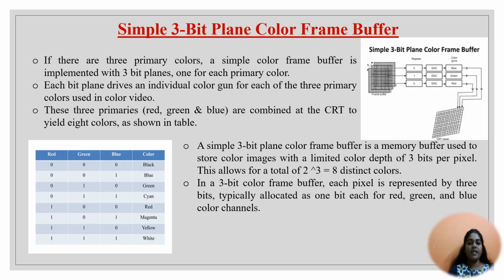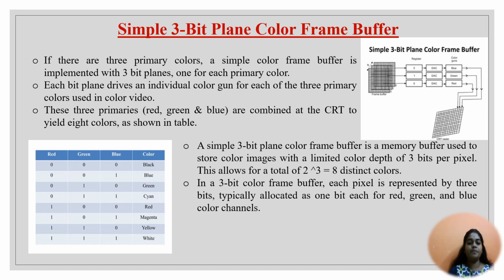Simple 3-bit plane color frame buffer. If there are three primary colors, a simple color frame buffer is implemented with 3 bit planes, one for each primary color. Each bit plane drives an individual color gun for each of the three primary colors used in color video. These three primaries, red, green, and blue, are combined at the CRT to yield 8 colors as shown